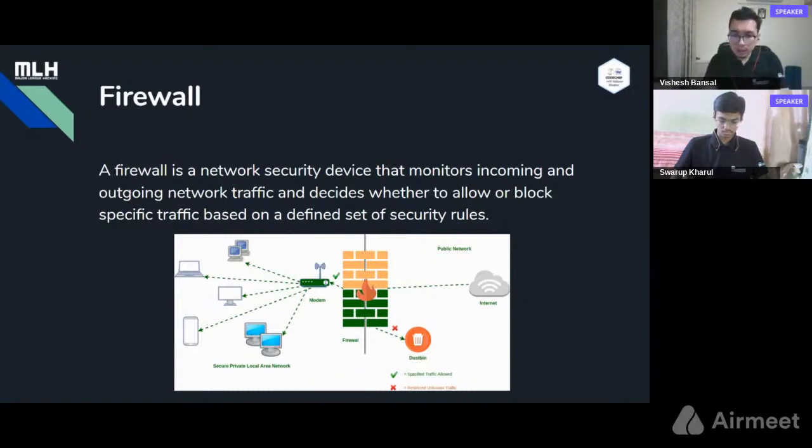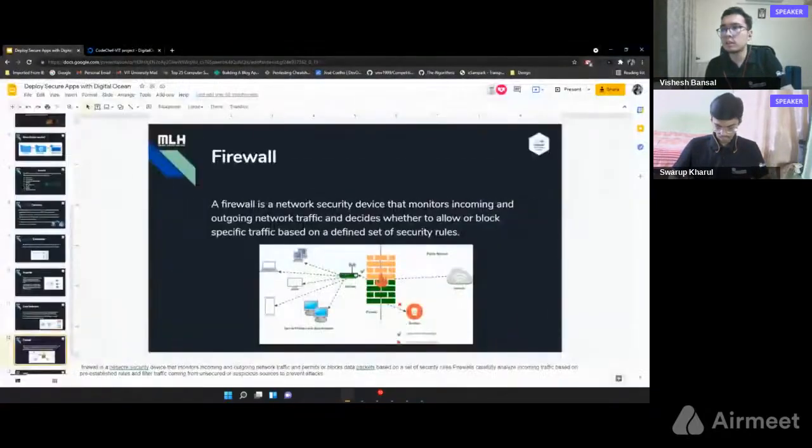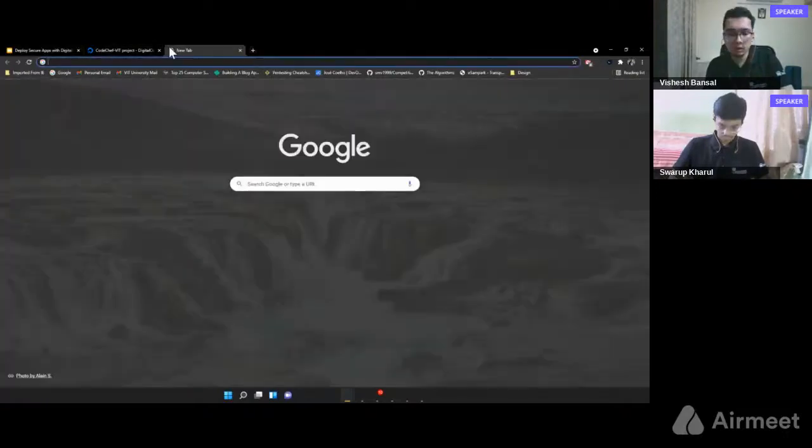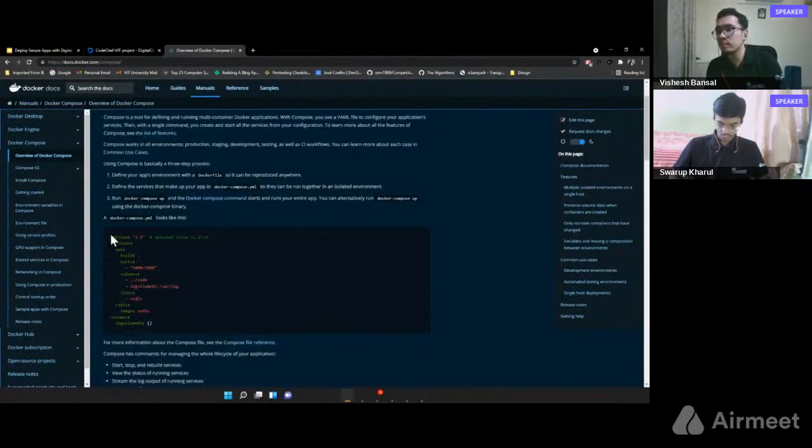Coming on to writing the Docker file, I've already written the Docker file for you, but I'll go through all the lines. A Docker file has a very basic syntax, and if we go to Docker compose, we have this link called docs.docker.com and compose. Basically, this is a basic template for explaining Docker, and it has to be written in a proper context.